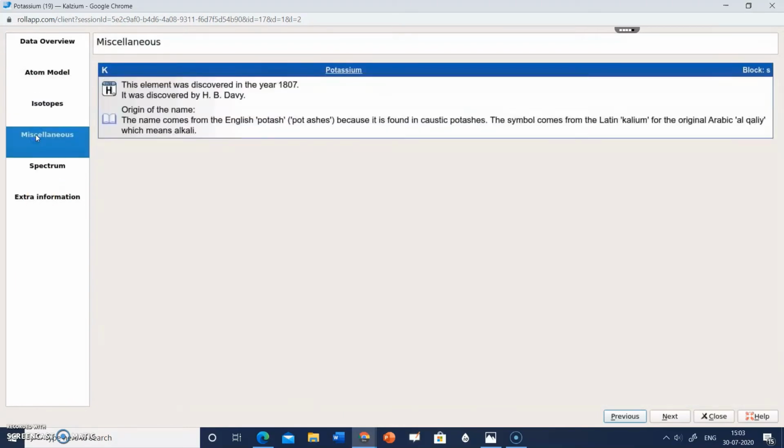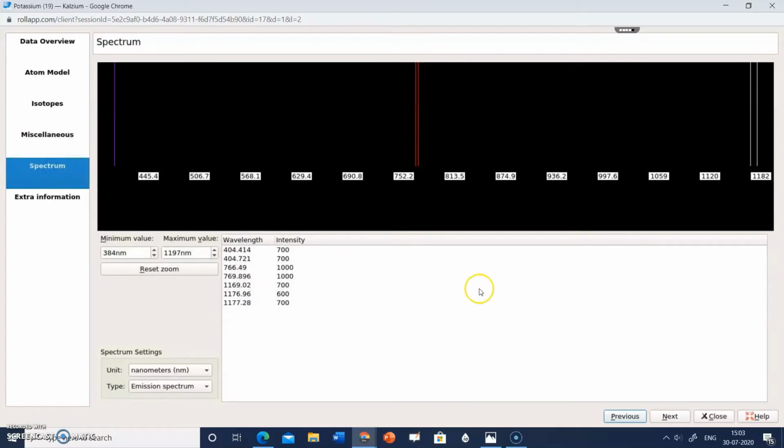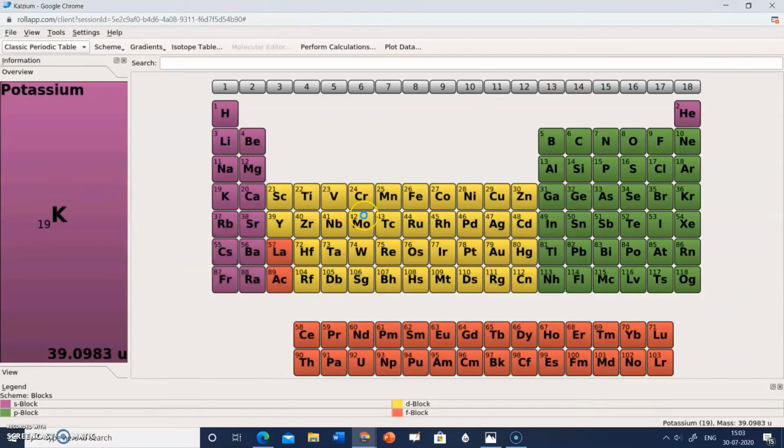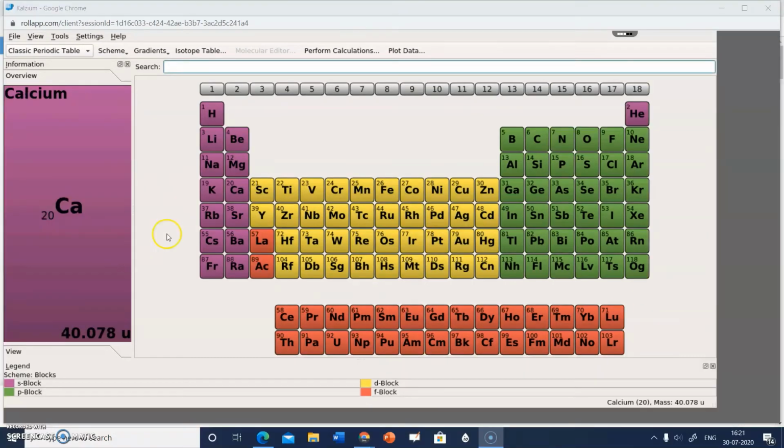Then miscellaneous will give you the history of the element and origin of the name. Then if you click on the spectrum, it will show you the spectrum of the potassium element and extra information, etc. So these options will appear when you click on a particular element, and the details of that element will appear.